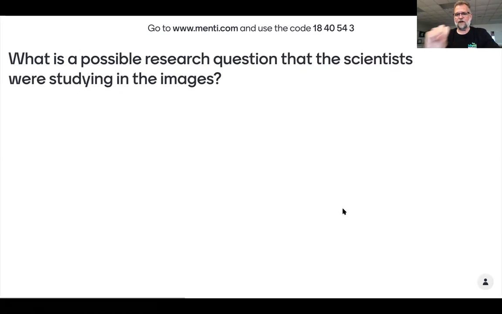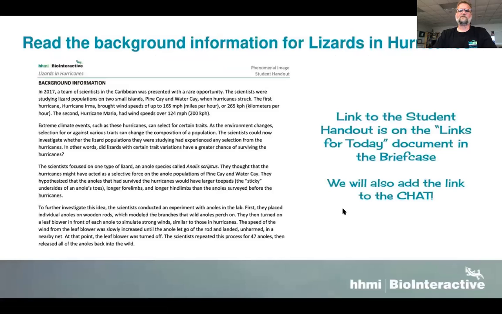And bubbles start popping up on the screen with all the different ideas of what the research questions would be. And we could take a look at what the group was thinking. So we're trying to get people, just based on the image, to start asking questions, making observations, trying to figure out what the scientific endeavor was in this particular case. After we've done that, we then are going to provide them with